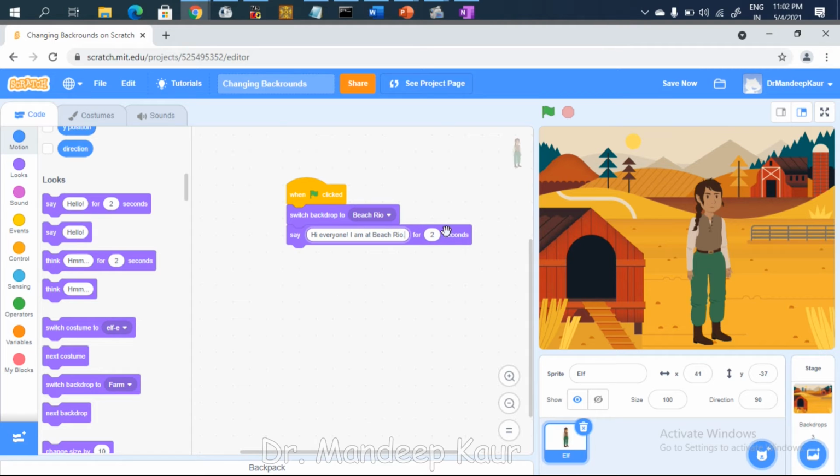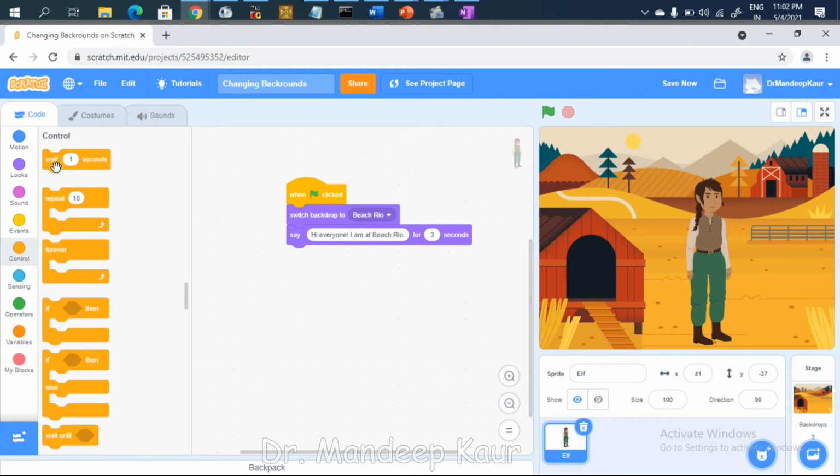Fine, and this can be done for 3 seconds. I'll wait here for 2 seconds. For the wait option, you have this control option, that is wait. You can wait for 2 or 3 or 4 seconds. I will be waiting for 4 seconds, and then what should be done?